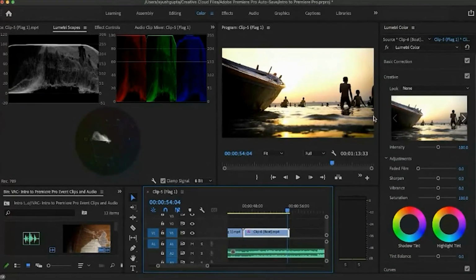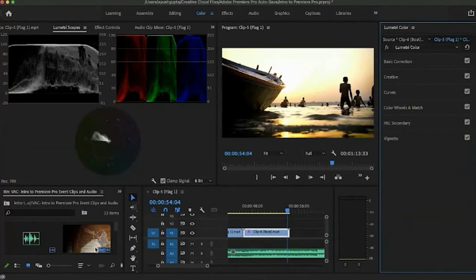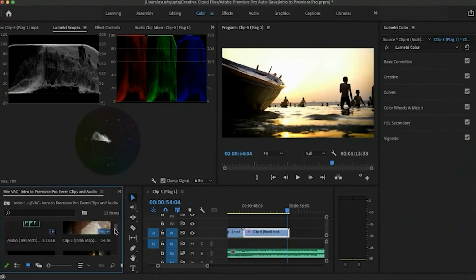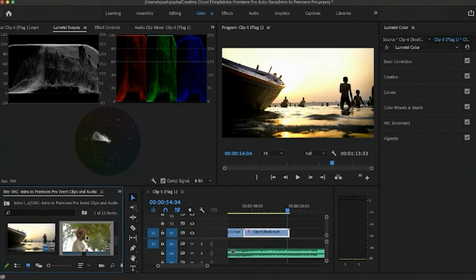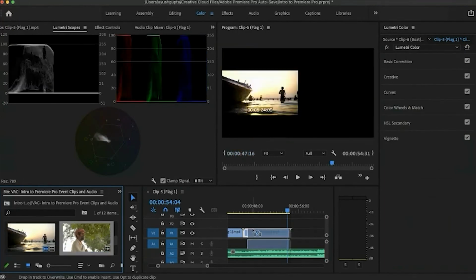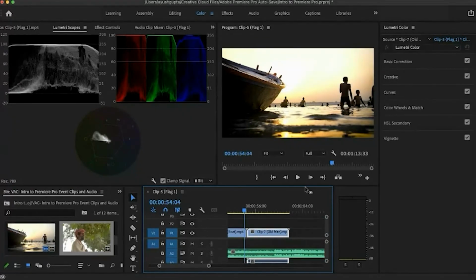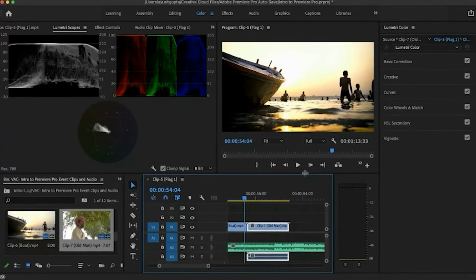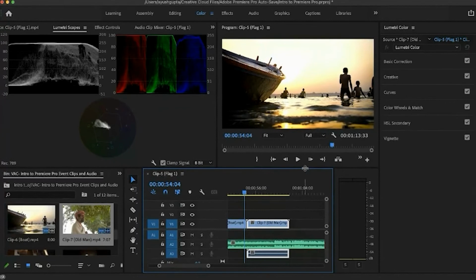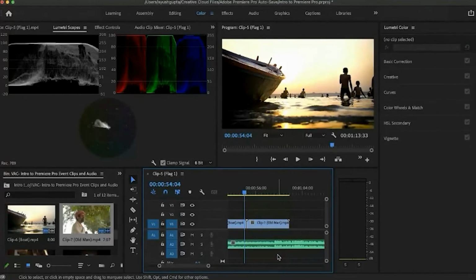So now I'll tell you how to overlay a clip above another clip. For that, we'll go to the import media option. We'll just increase the height of the timeline window. We'll unlink the video and the audio. Delete the audio.